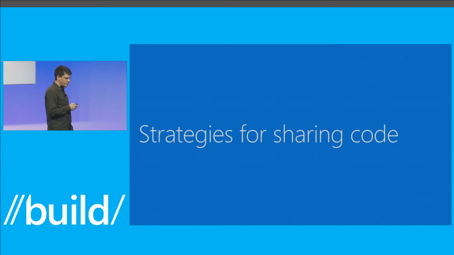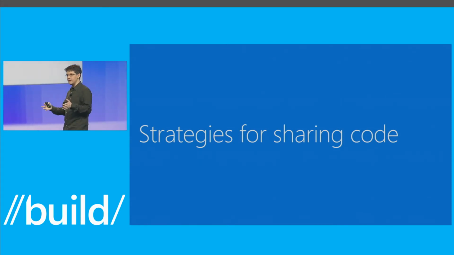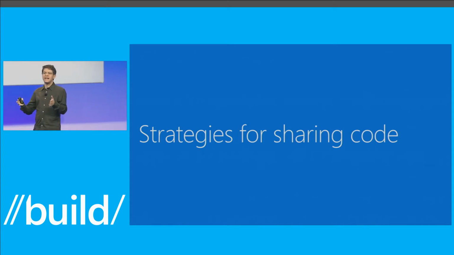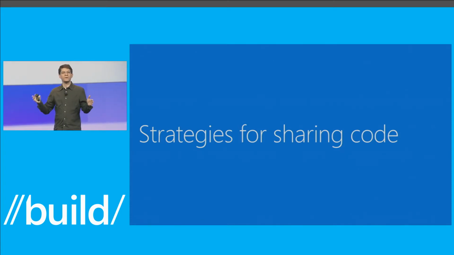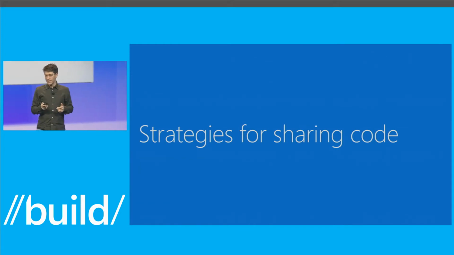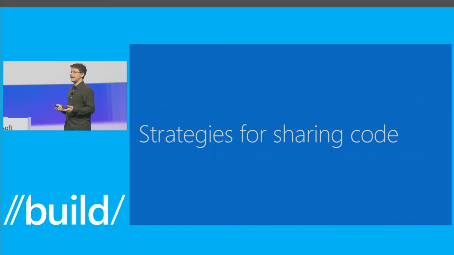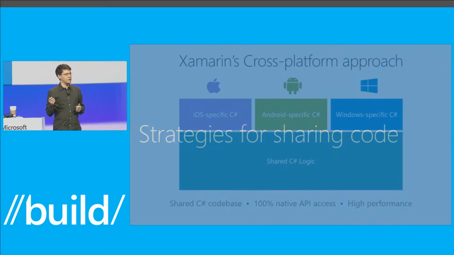So let me talk to you about a couple of strategies that you can use to share your code. Kevin Gallo yesterday showed this My Health app, which is a native application on each platform, on Android, iOS, and Windows. And there's a lot of shared code. A lot of the business logic, a lot of the communication is shared, but you have different user experiences. They look alike, but they have different user experiences and idioms on each platform. And I'll share with you some of the common things that people do to share code with C#.